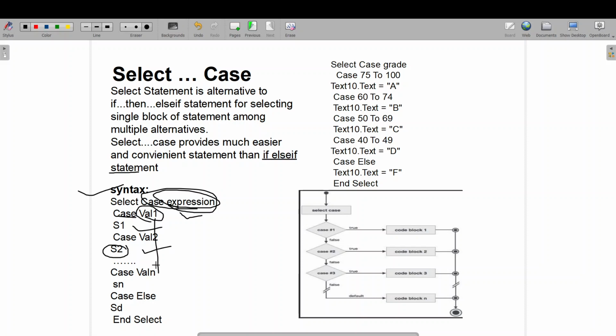If that also fails, I'll go on to the next case and keep checking until a case is satisfied. If none of the cases satisfies my requirement, I'll go to the default case, that is Case Else, and print the default statement. So we'll see a flow diagram now.